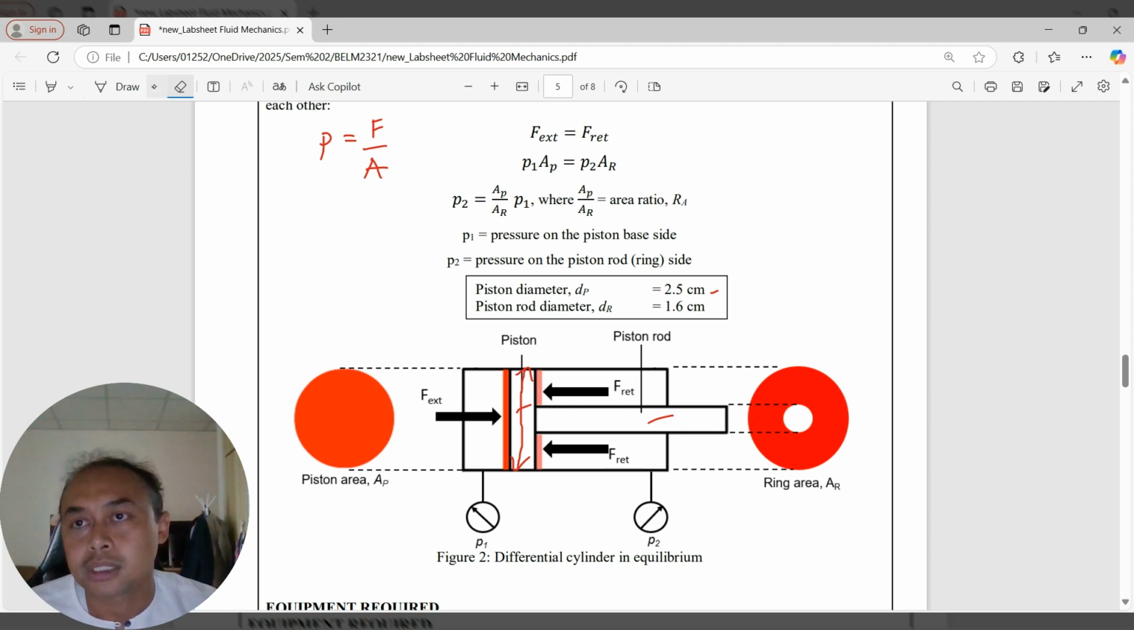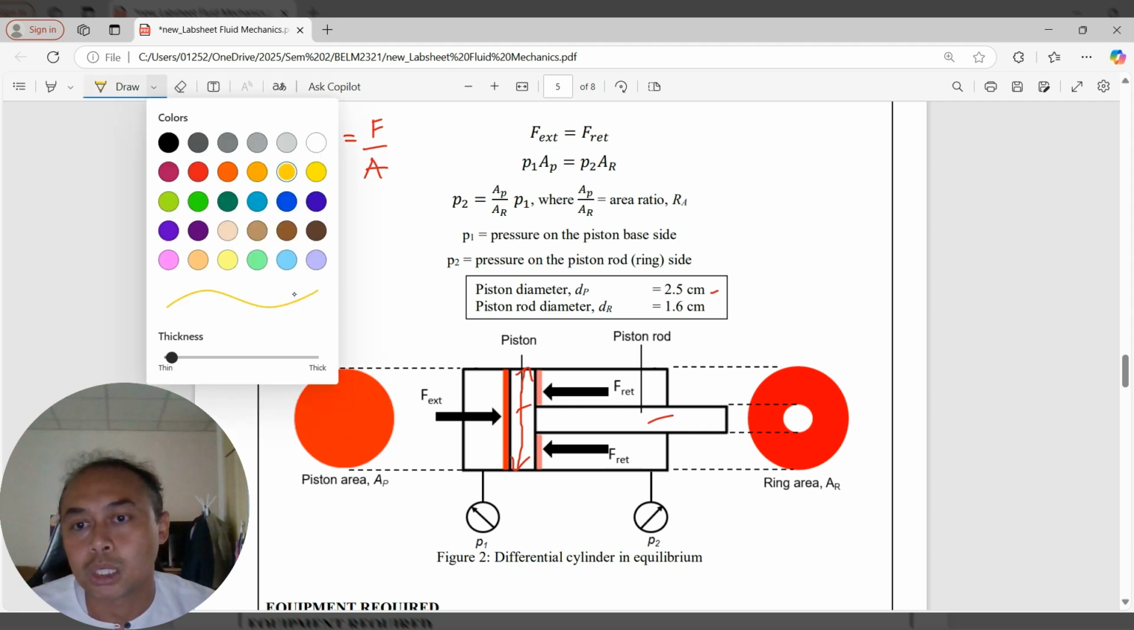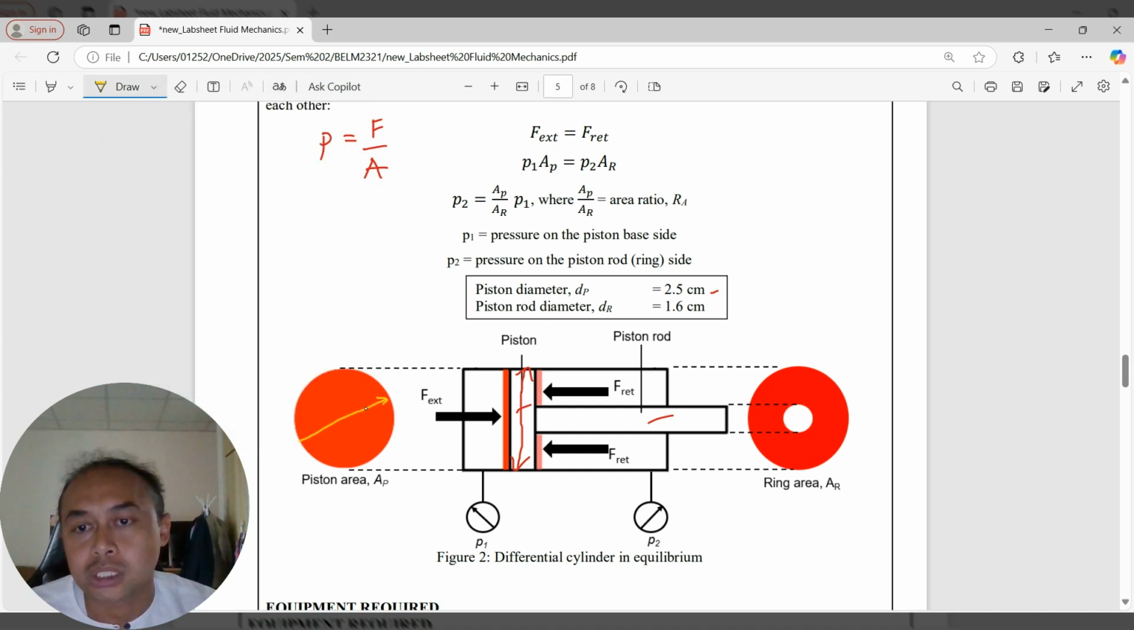Sorry. Okay, different color, yellow. So this is your DP. And then this is your rod diameter, DR, which is given. Okay, so the thing is,